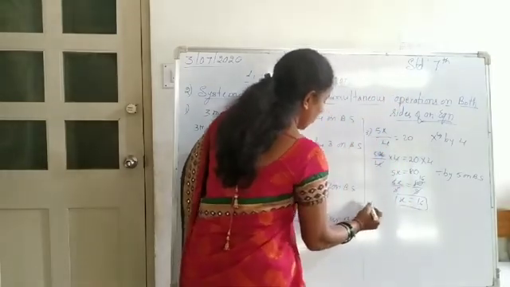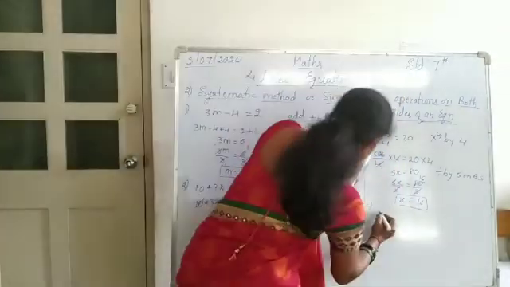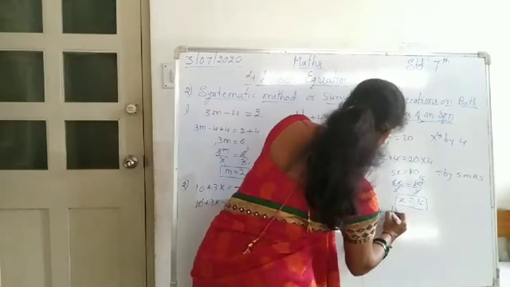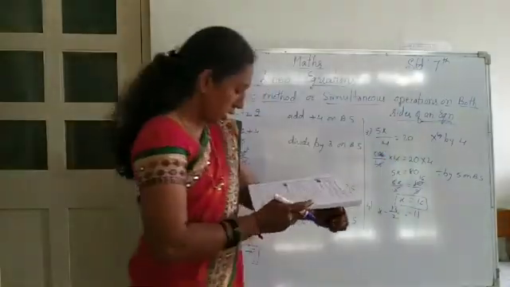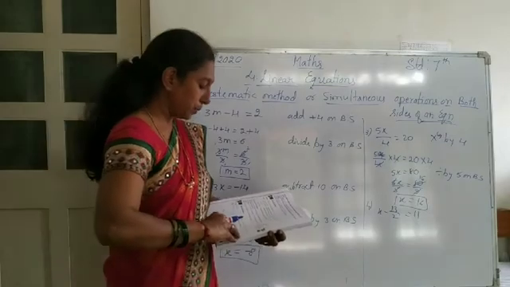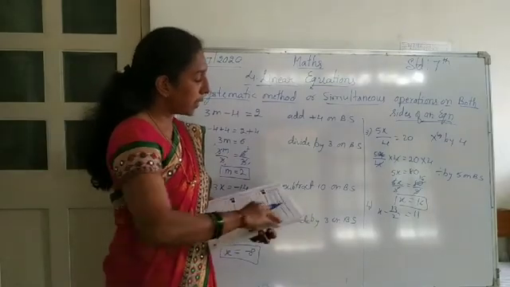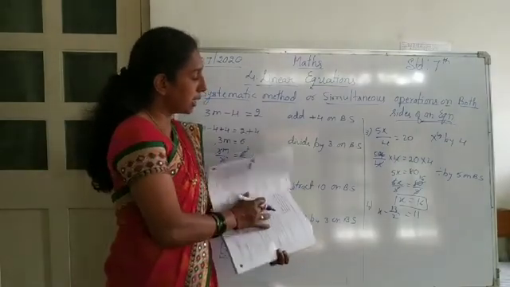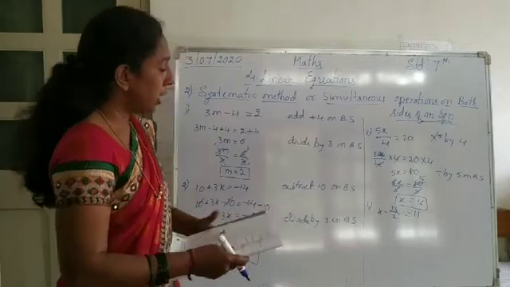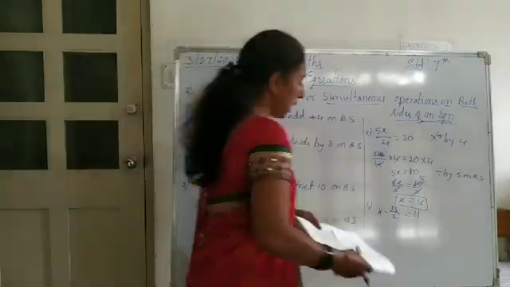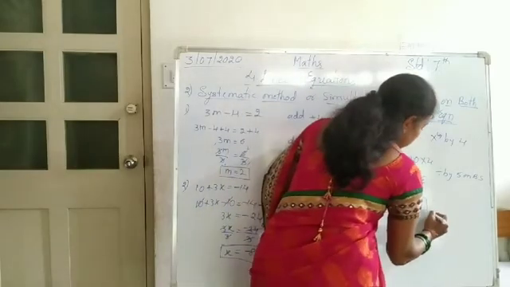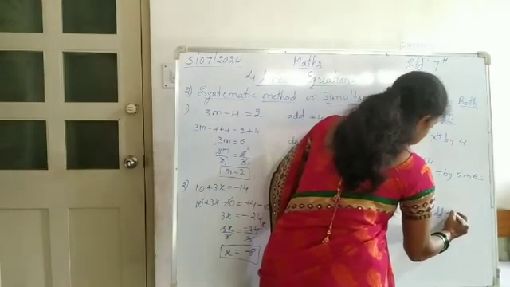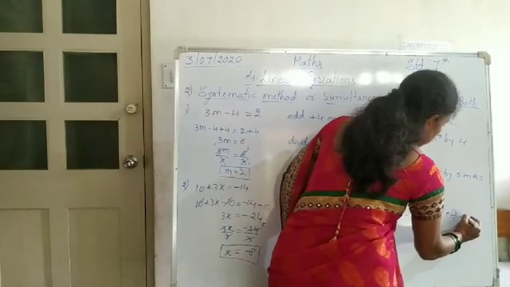Okay, so let us solve one more sum like that. x minus 13 by 2 is equal to 11. So this is how you have to do. Here the x variable is there, one. Another one is there, that is minus 13 by 2. So for this I will directly, minus is there with the variable, so I will add here. Add plus 13 by 2 on both the sides.